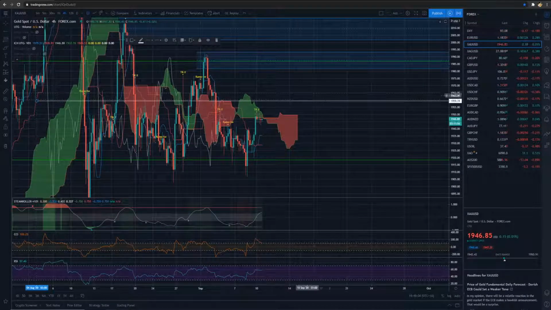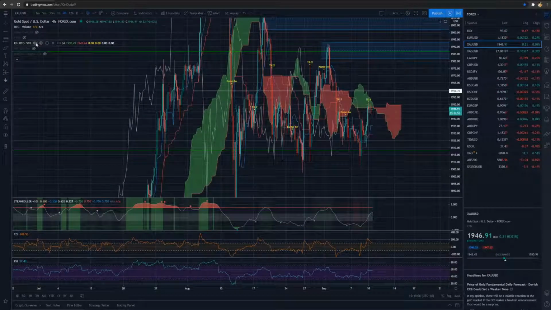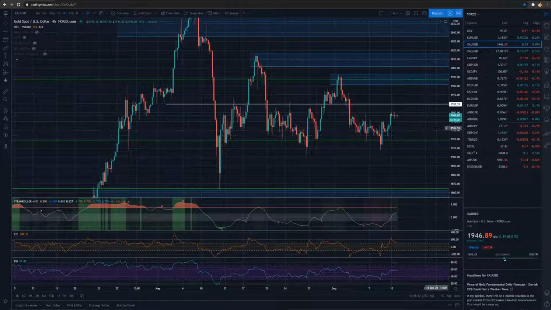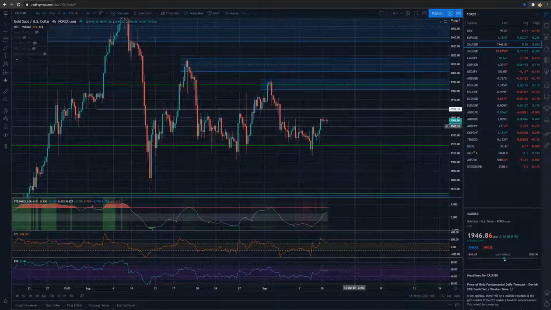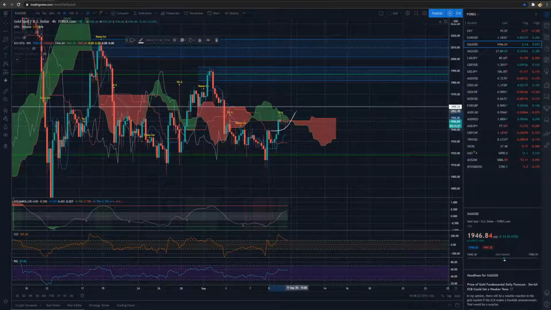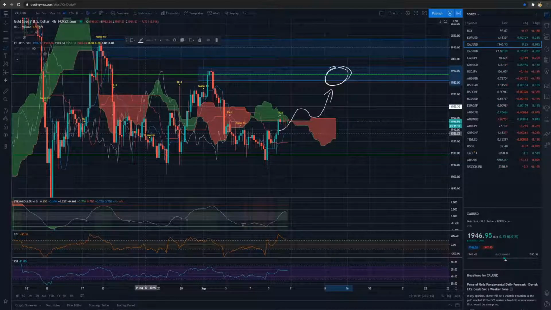If we look just to the left, we've got a decent amount of liquidity to the left. I know it's a bit staggered, a bit hard to see. If I just turn that off, you can see that we've got a decent amount of liquidity to the left-hand side to really gauge where gold might be going if we do break through this cloud. And I'll put that back on so we can see what we're doing. Something like this, and then a test of the cloud towards that level of supply might be on the cards for gold, providing